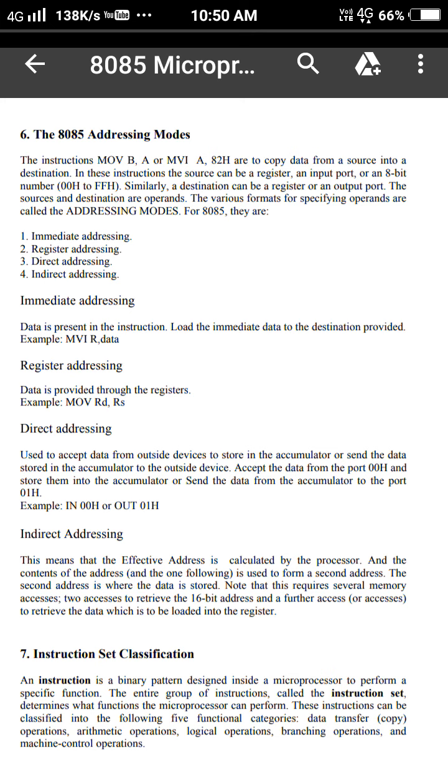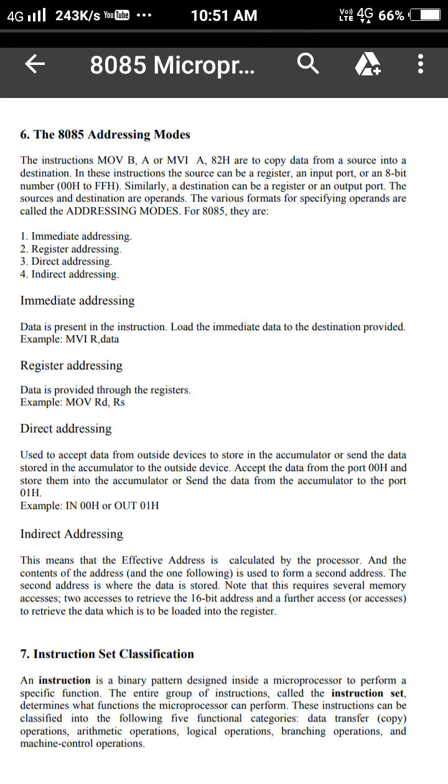In the second instruction, MVI A, 82H, MVI means move immediate. It will copy the data. Here you can see that the source is the data itself and the destination is a register, the accumulator. So 82H is copied into the accumulator immediately.